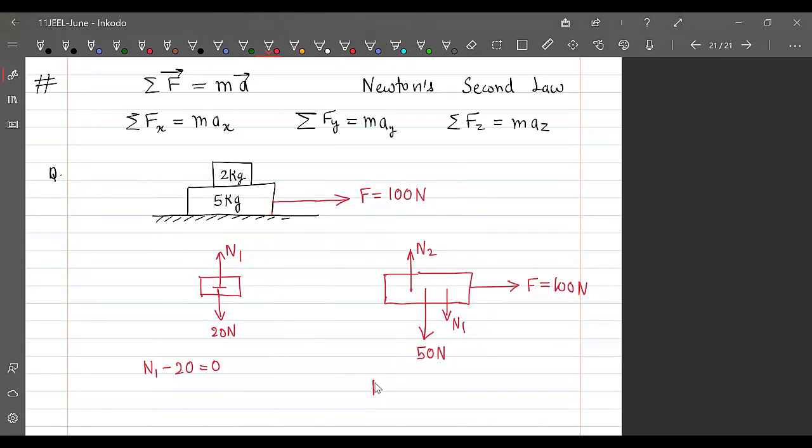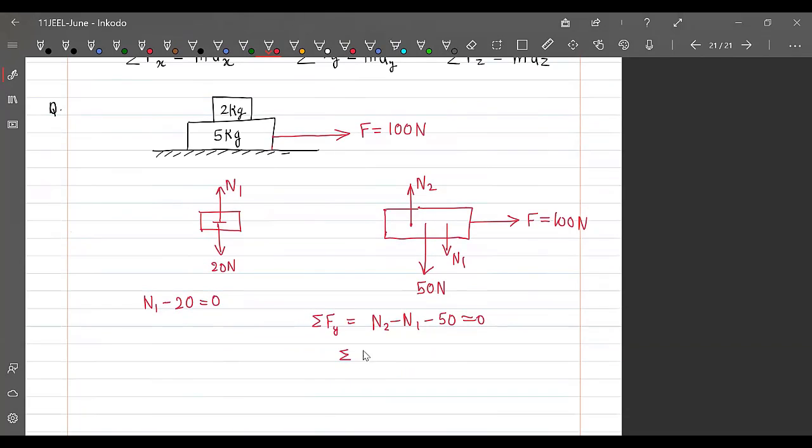यहाँ पे देखा जाए तो हम लिख सकते हैं N2 minus N1 minus 50 is equal to 0. This is summation of force in y direction. Or summation of force in x direction, this will be 100. तो ये ब्लॉक एक्सेलरेट करेगा in the rightward direction, कि एक net force है in the rightward direction. This will be equal to mass into acceleration. यहाँ से acceleration आ जाएगा 20 मीटर पर सेकेंड स्क्वायर. अच्छा, दोनों ब्लॉक्स के बीच कोई भी फोर्सेस नहीं है हॉरिजॉन्टल में,